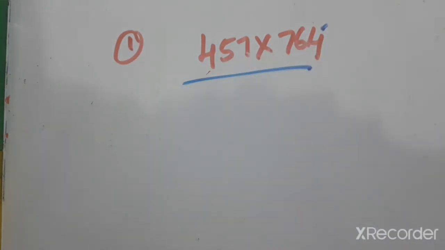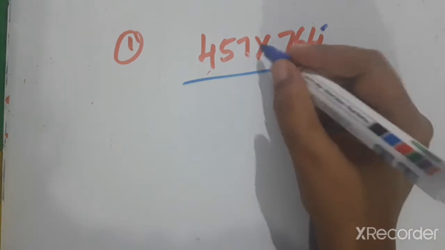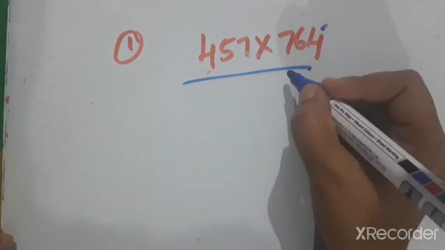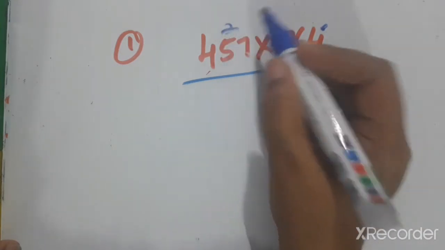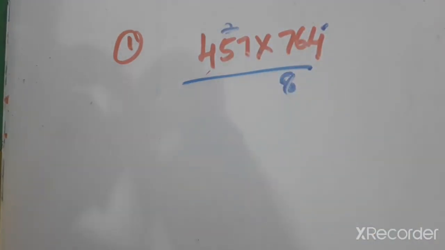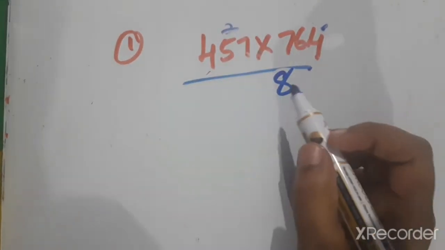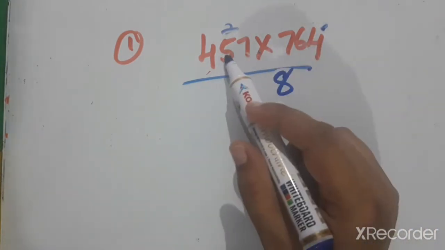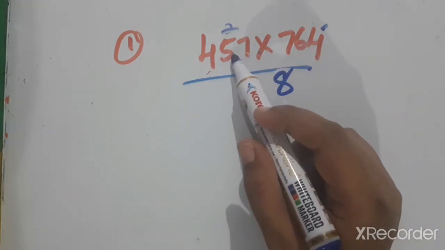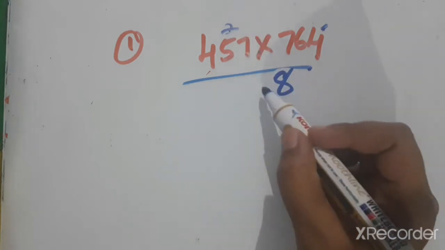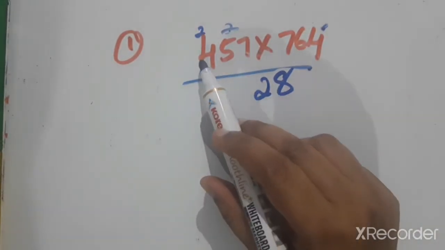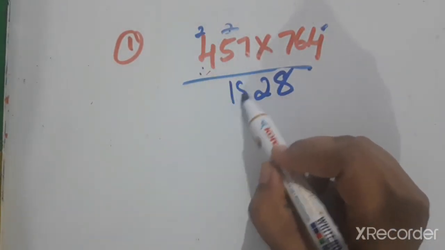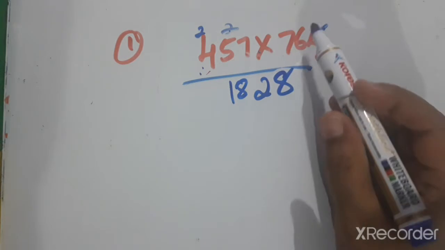Okay children. Now 4 sevens are how much, children? 4 sevens are 28. 28 means 8 we have to write here and 2 carry to the next place. The next, now 4 into 5. 4 fives are 20. 20 plus 2 is 22. 22 means 2 we have to write. The next number 2 we have to carry to the next place. Then 4 fours are 16. 16 plus 2 is 18. So the first line multiplication with 4 is over.